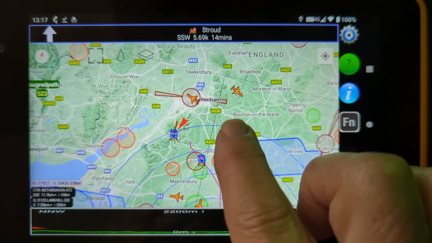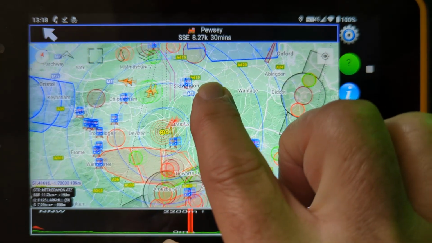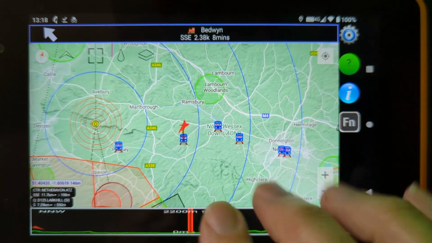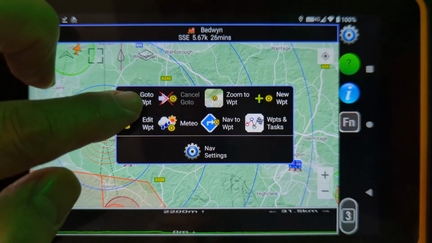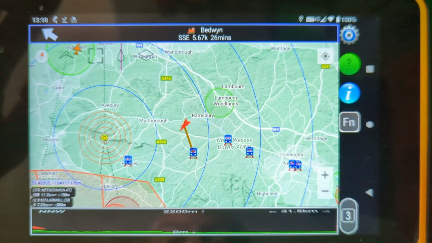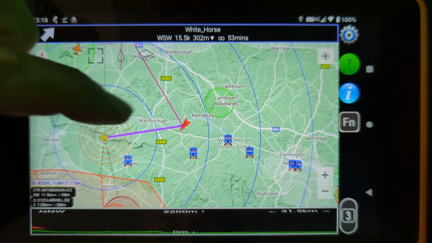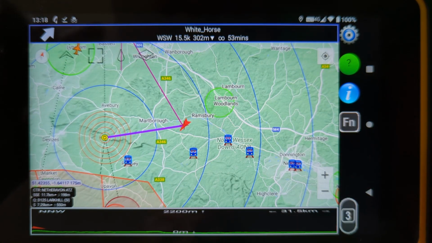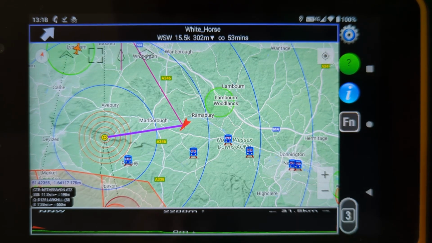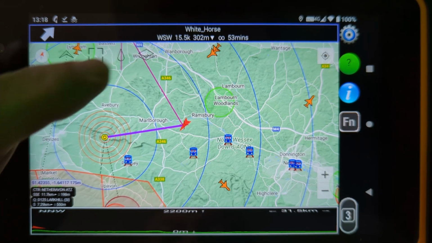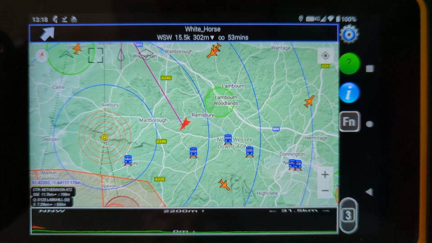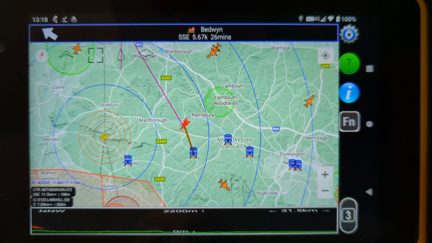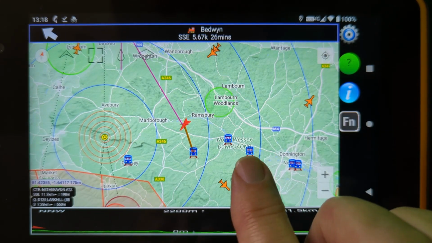Now the way this Station Finder mode works is that it's the lowest priority kind of navigation. So if you have a go-to running, go to say Whitehorse, that takes precedence over the Station Finder, as does the Waypoint Challenge, and as does a classic race task. So make sure you don't have Waypoint Challenge running, make sure you cancel your go-tos, make sure you clear your race tasks, and then your Station Finder